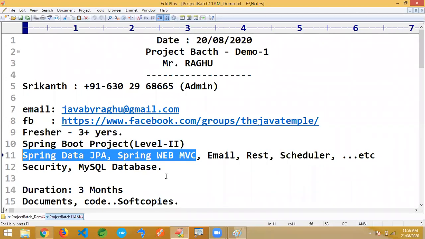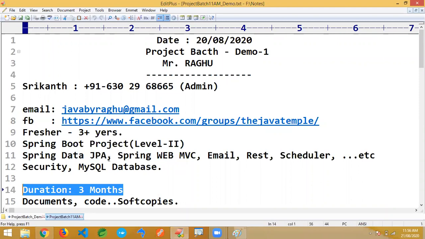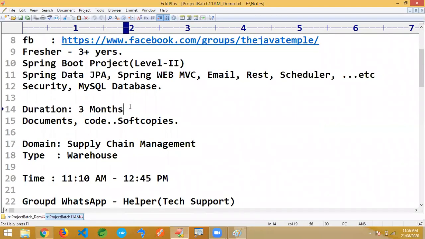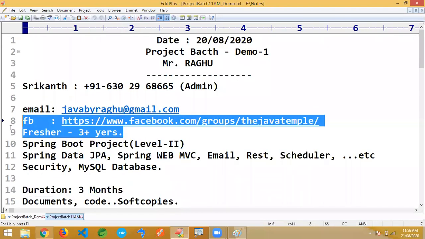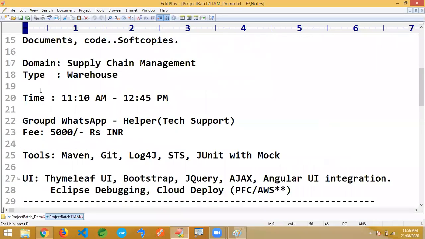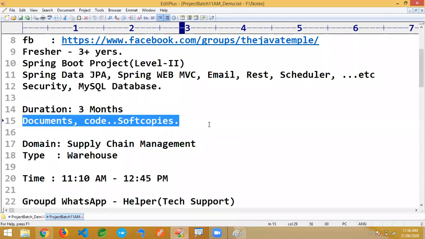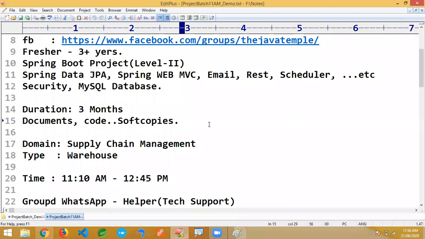The duration is completely 3 months, because it's practical programming we are going to see. If we simply give code, just 1 week is sufficient. I can type super fast and finish the code in 1 week. But the point is, you should write the code, not me. Remember, you should write the code. If you want to write the code, it takes 3 months, because you have to cover 3 years of experience. It's the minimum time required. Complete code, software and everything will be given as soft copies. Once actual payments are done, we'll take your individual email accounts and give you the complete documents.